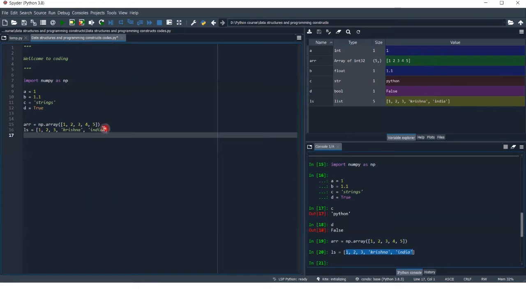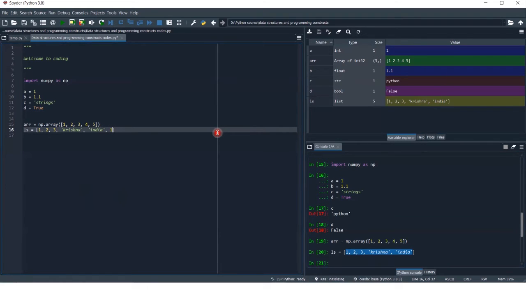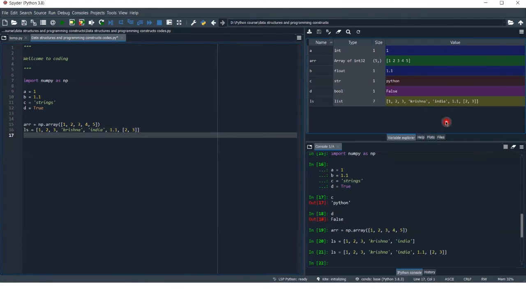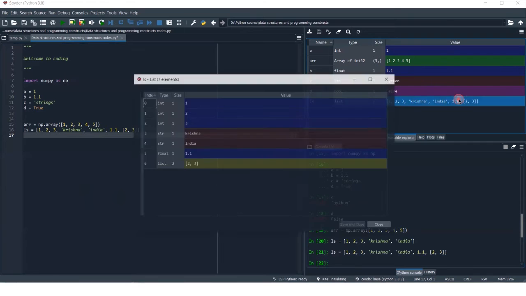You can also add a float like 1.1, and you can also have a list inside this list, a nested list: 2, 3. When I execute this, see, it is of type list containing these many elements, and one of these elements is also a list.